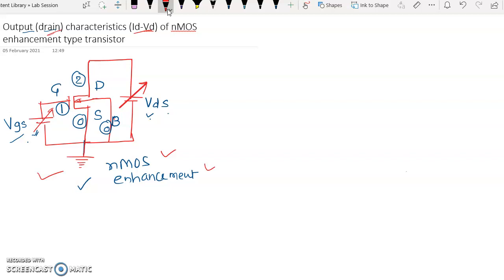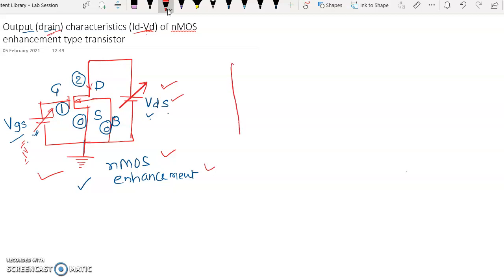drawn for the ID-VG characteristics. The only difference is that in case of ID-VG characteristics we are varying the gate voltage, and for a specific value of VDS we are observing the impact on the current, that is the drain current. And in case of ID-VD characteristics we are keeping a specific value of VGS, maybe VGS is 1 volt, and then we are studying the impact of variation of VDS on the drain current, that is called the ID-VD